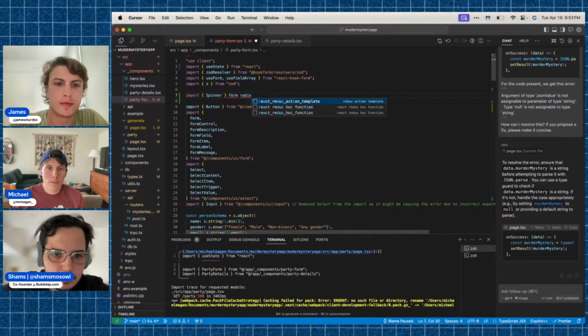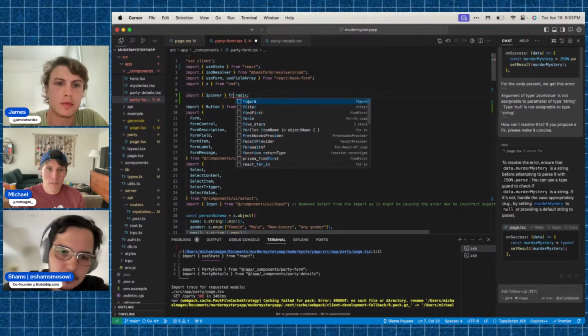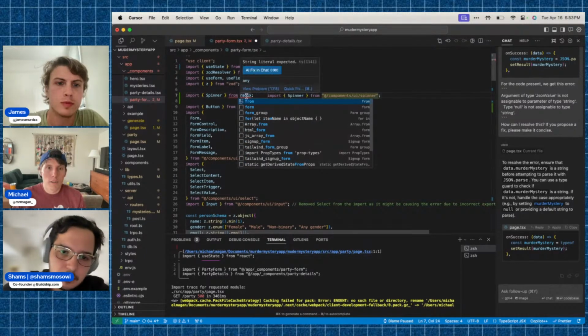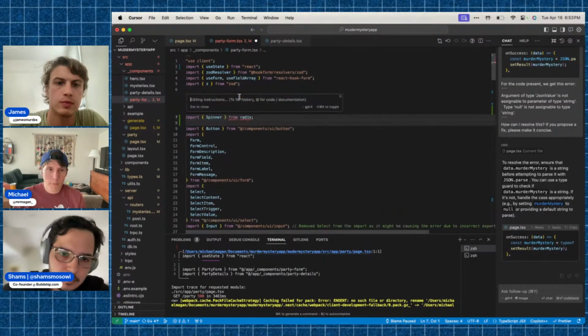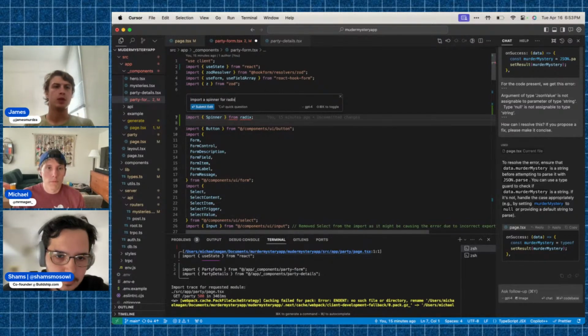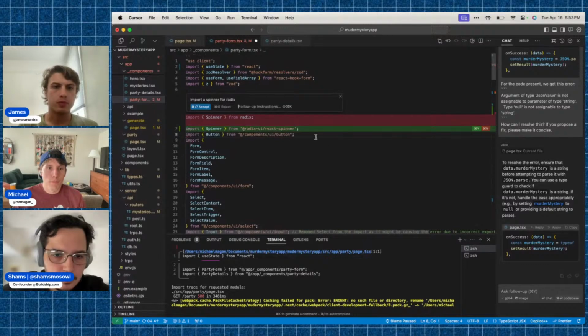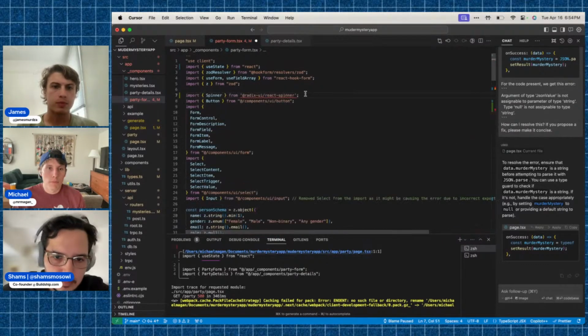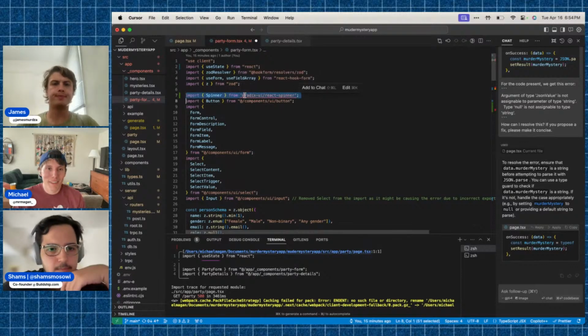Usually if I just do this, Radix. It doesn't like it. Maybe I need to find an actual spinner.